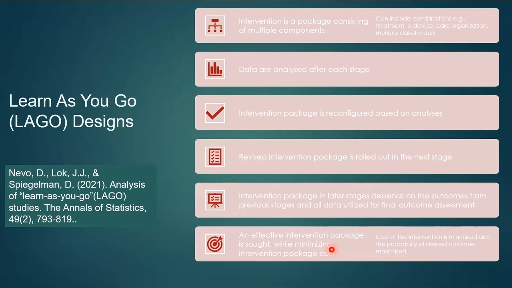And at the end of the study, we'll have a formal statistical test with the guaranteed type 1 error that the intervention package, the null is the intervention package has no effect, versus the alternative it does. And we can do that analysis. We'll also be able to estimate the individual effects of the intervention components. We'll have a prediction rule to decide how to further adapt the intervention to achieve the intended outcome goal in the future. And potentially we could also optimize cost effectiveness as we go along.